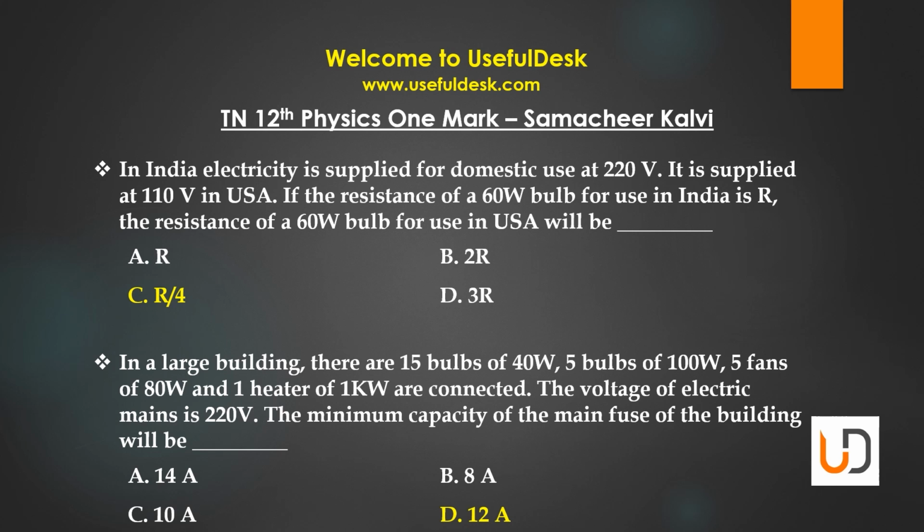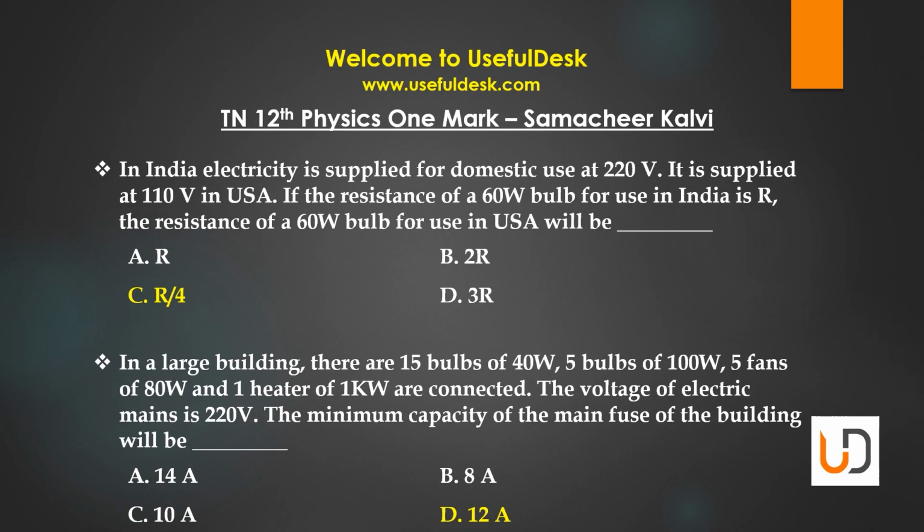The next question is: in a large building, there are 15 bulbs of 40 watt, 5 bulbs of 100 watt, 5 fans of 80 watt, and 1 heater of 1 kilowatt connected. The voltage of electric mains is 220 volt. The minimum capacity of the main fuse of the building will be dash. The options are 14A, 8A, 10A, 12A. The correct answer is